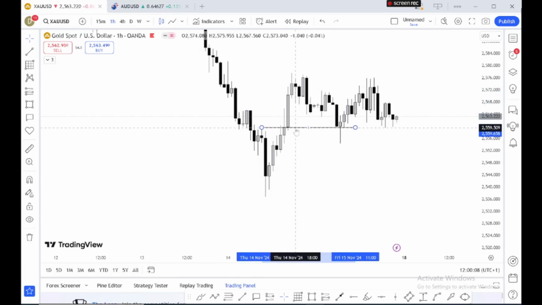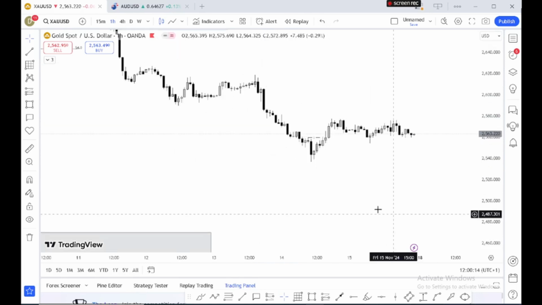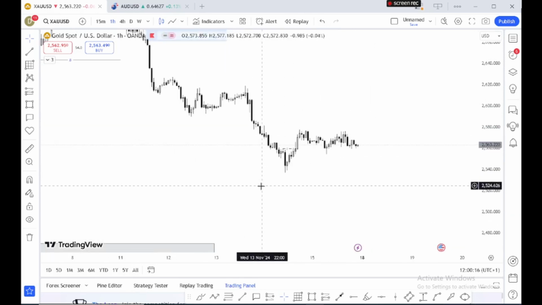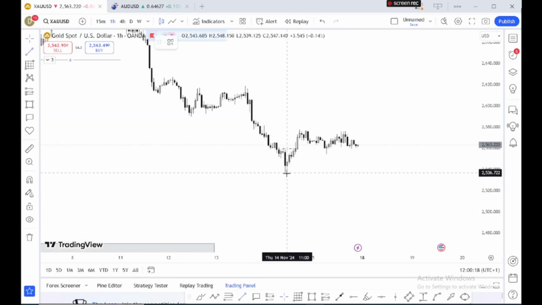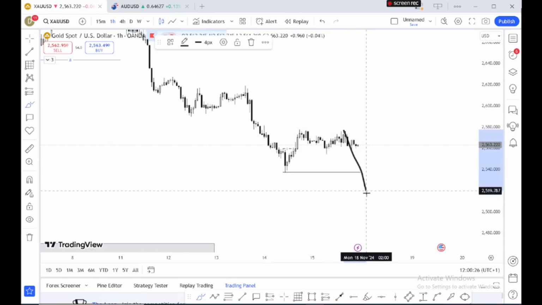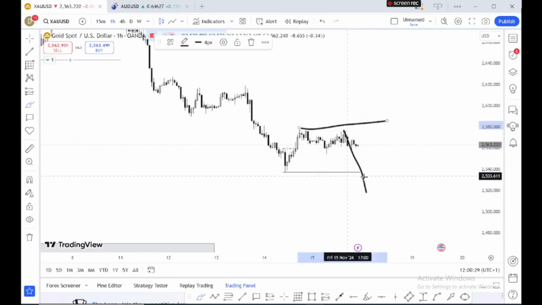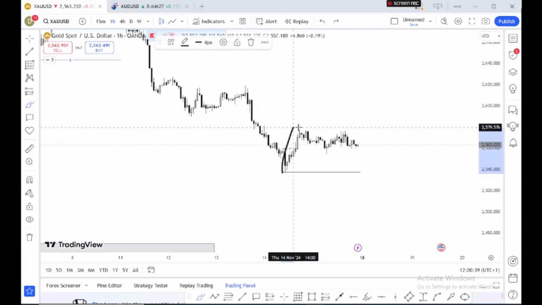So you understand, these are smaller pullback, which I call minor inducement. So now market has taken out inducement. This scenario, we have only two scenarios here that can happen. You see that market breaks down like this. You see that market breaks down and give us another high here, then protect this high, or market try to coil up like this